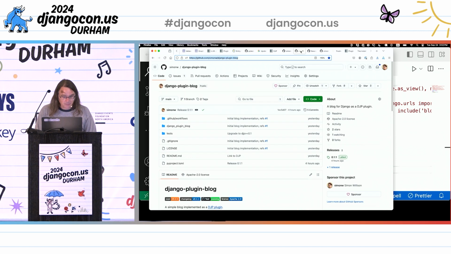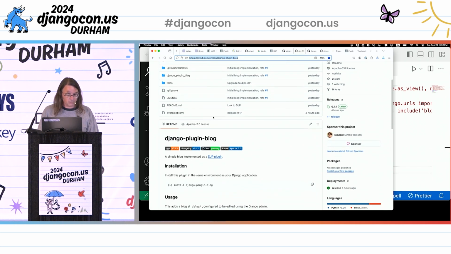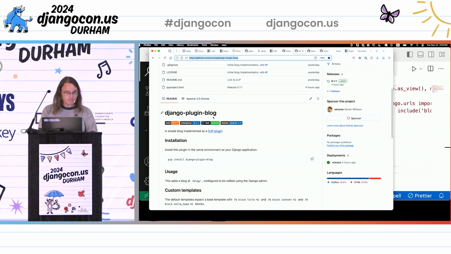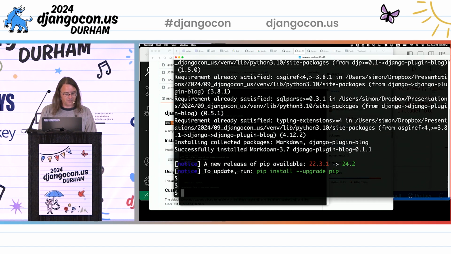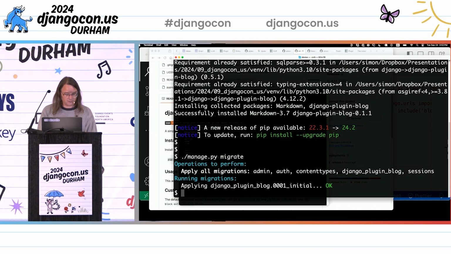And I've got this other plugin I wrote called django-plugin-blog, which is a full-blown blogging system. It's actually based on a little TIL tutorial I wrote a little while ago. So if I do this, there we go. And then if I do manage.py migrate, it created the migrations. And now if I do manage.py runserver